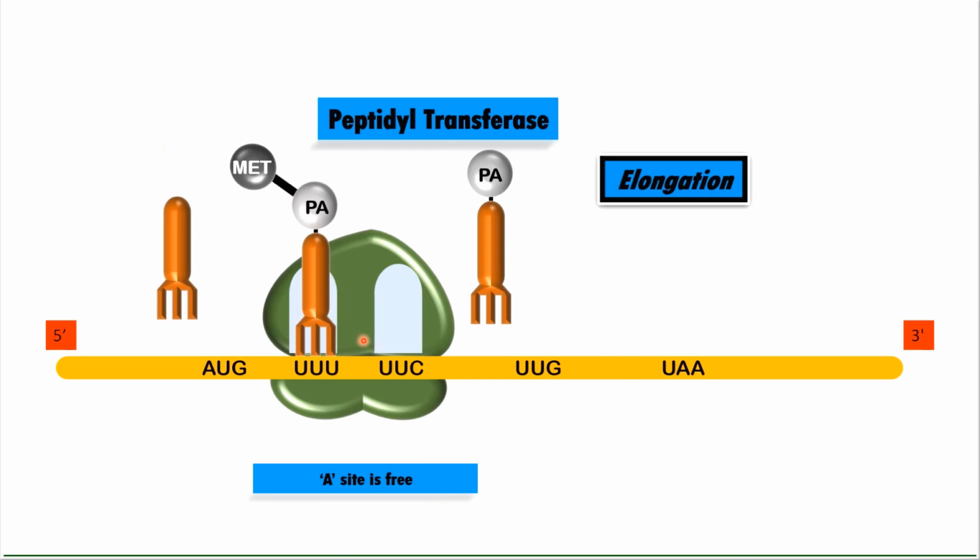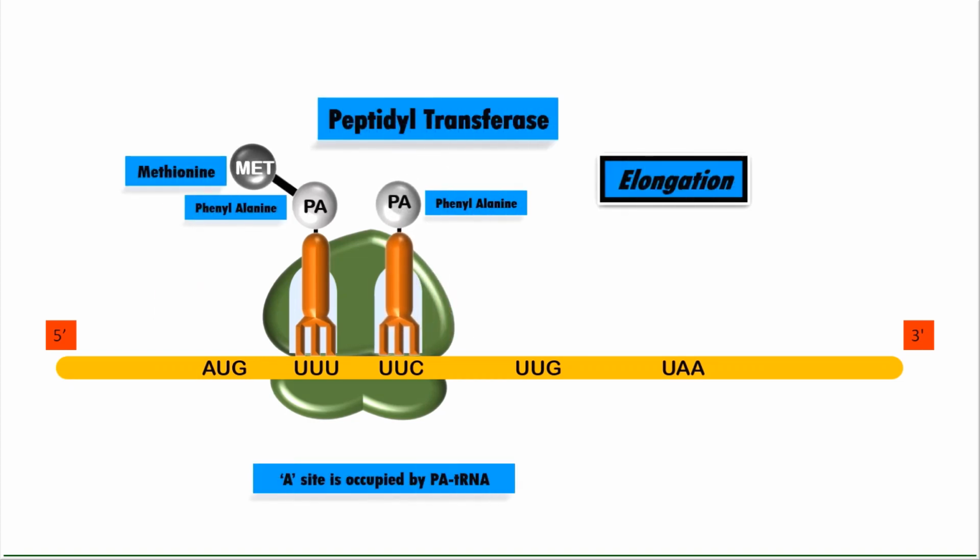Now students, we know that UU codes for phenylalanine. Similarly, UUC also codes for phenylalanine. So this A site will be occupied by tRNA attached to phenylalanine. So here this phenylalanine attached to tRNA has come and taken its place over the A site at the ribosome. Now what will this peptidyl transferase do? It will break the bond between this tRNA and phenylalanine and it will load this phenylalanine to this phenylalanine by forming a peptide bond. So that is the role of peptidyl transferase, and the continuation of the polypeptide chain is called the elongation process.